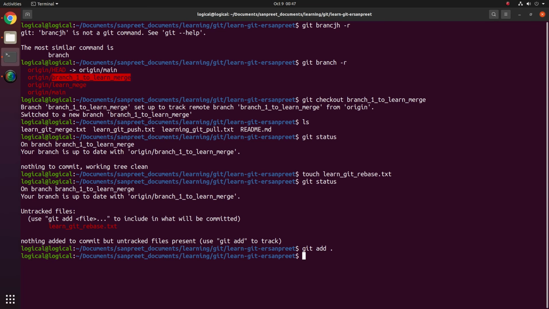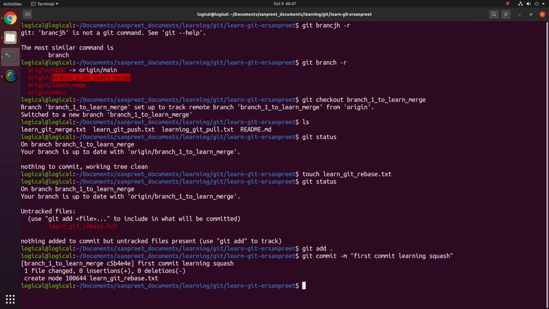Git add this file, then git commit -m, and this is first commit learning squash. This is what I made the name of the commit, because the name is very important. Now let me push it, git push the changes.